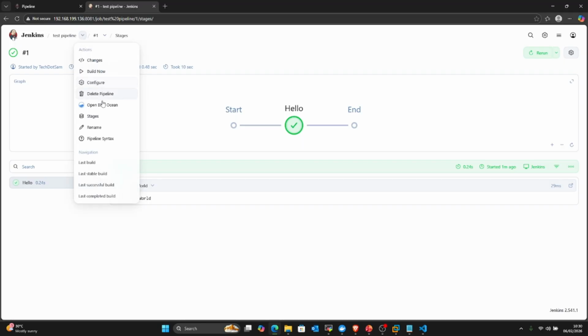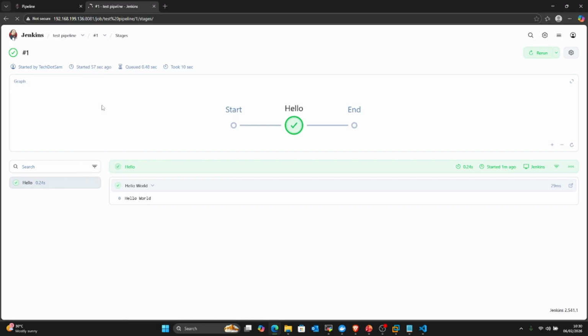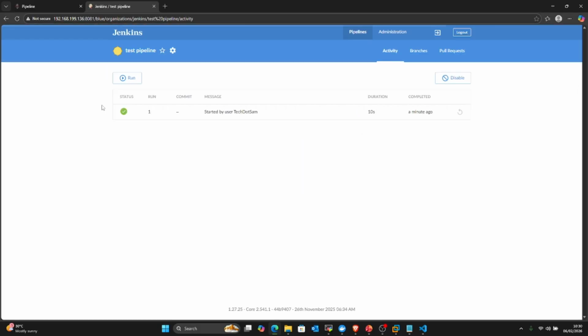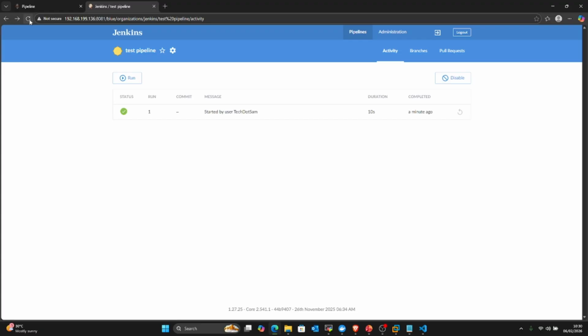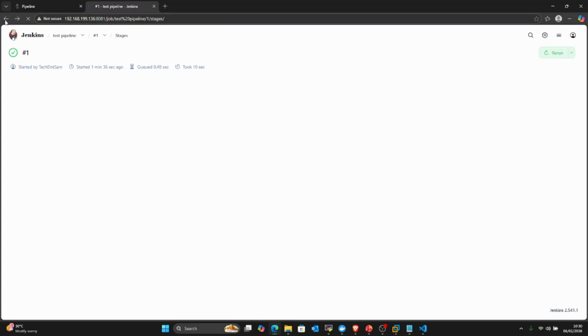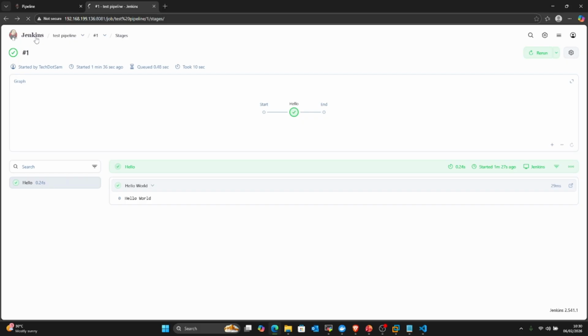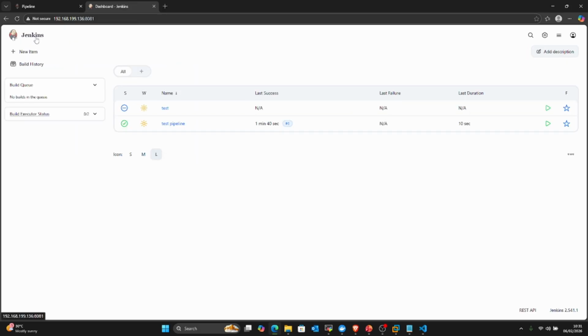You can also open Blue Ocean. I think Blue Ocean also helps to showcase your pipeline, so it's basically one and the same. So let's go back. All right, so what we did now was an example of a pipeline. We saw different things, like agents, like step, and all of that. So first off,